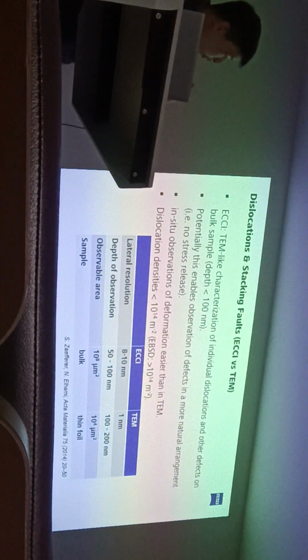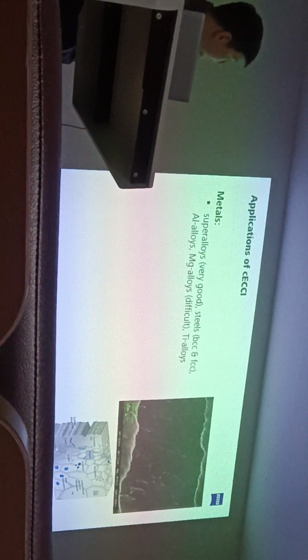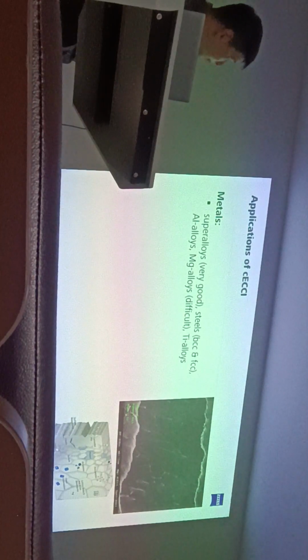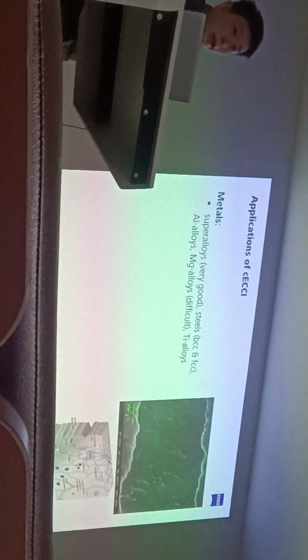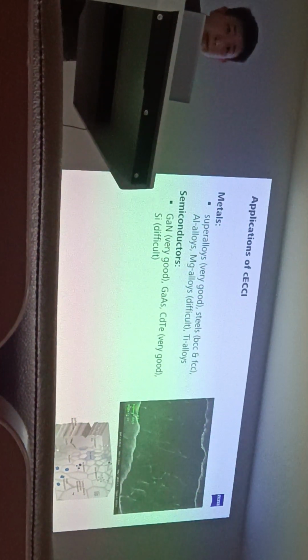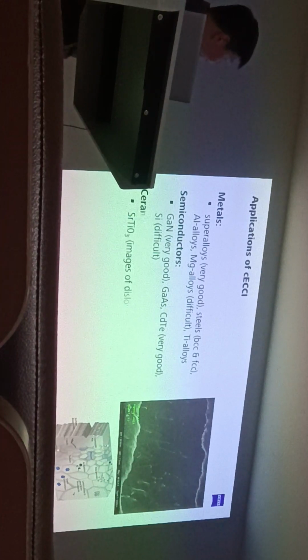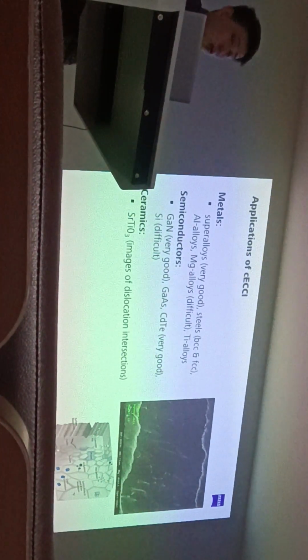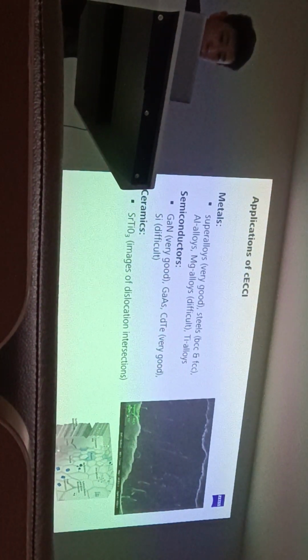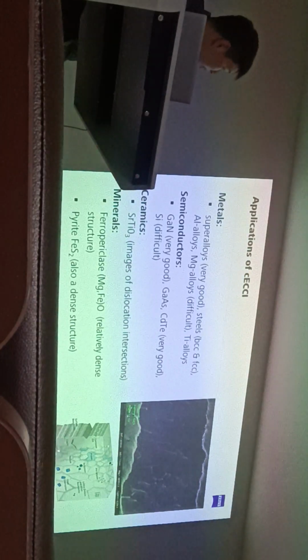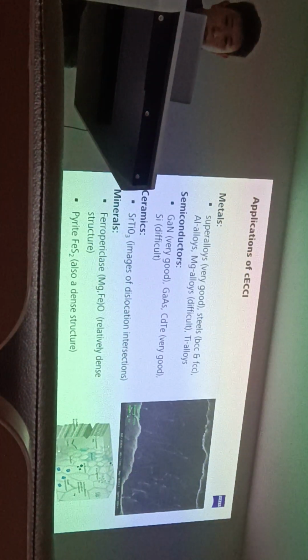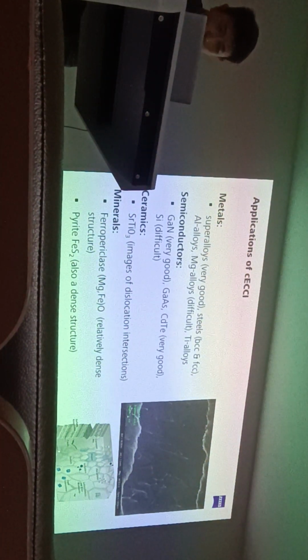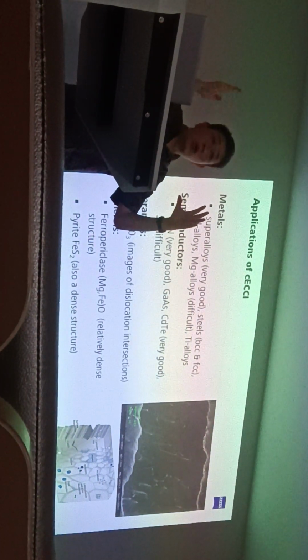So when you are using this, there are a couple of applications. If you work on metals, superalloys, steels, aluminum, magnesium alloys, semiconductors, gallium nitride, ceramic materials, or minerals, and you want to see the dislocation interaction. All right. With that, I will show you one video to show you the whole workflow, from the EBSD all the way to the